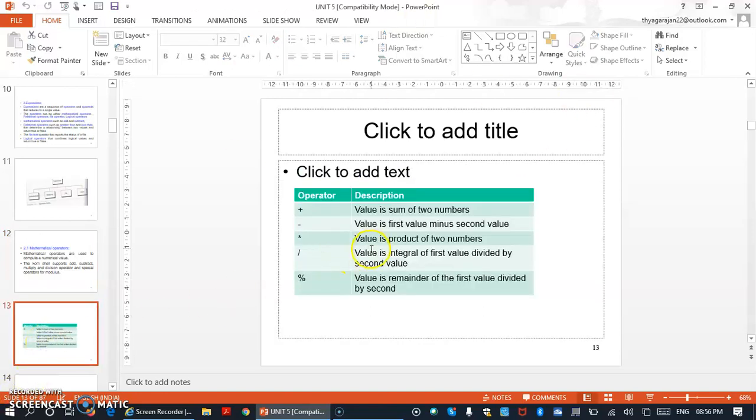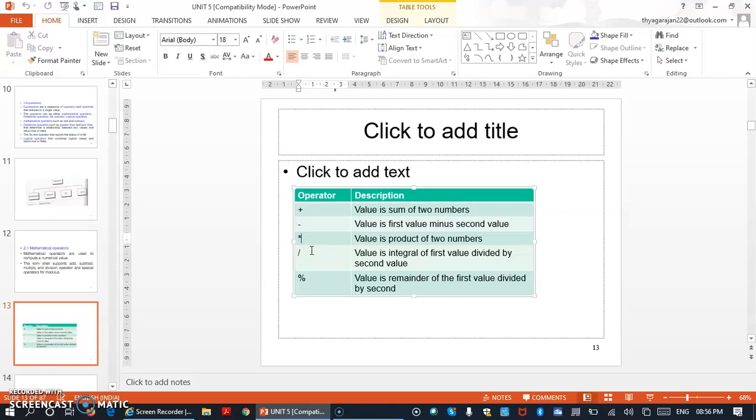Try to remember this table, which lists the mathematical operators and their descriptions. The plus operator is used to perform addition of two numbers. The minus operator is used to subtract the second operand from the first. The multiplication operator performs the product of two numbers.